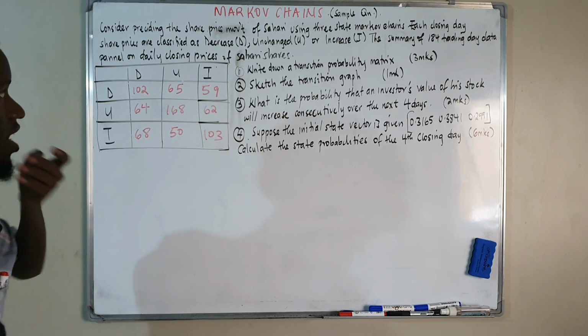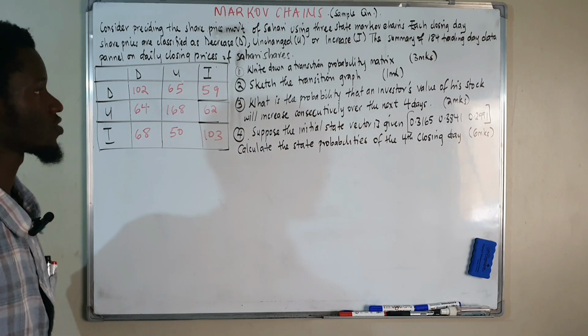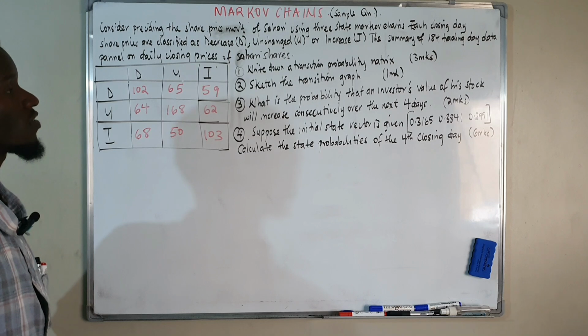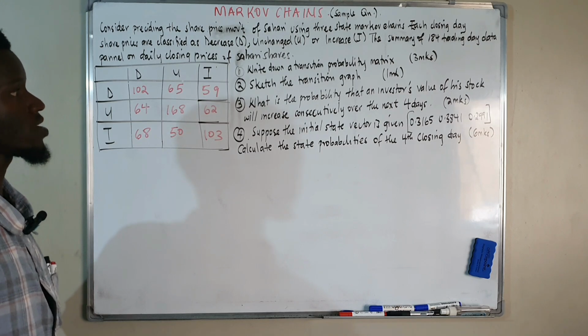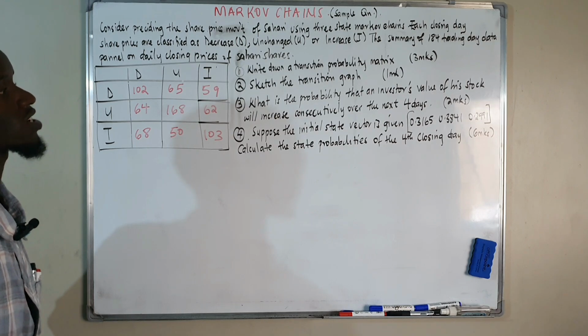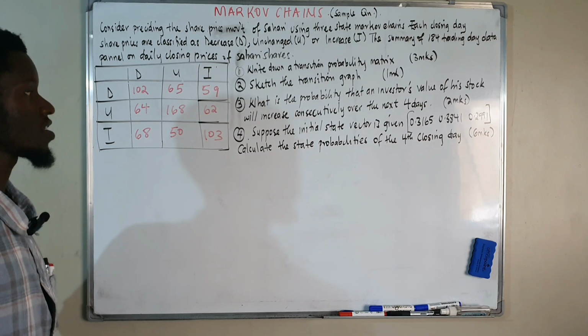Now the questions are: write down the transition probability matrix, 3 marks. Sketch the transition graph, 1 mark. What is the probability that the value of the investor's stock will increase consecutively over the next 4 days? 2 marks. Then suppose the initial